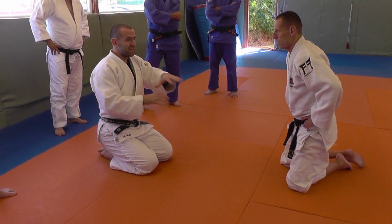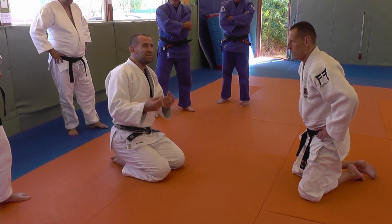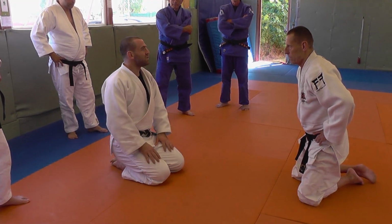So by doing little exercises like this, where you play a role and you know what the other person's doing, but you build up a little bit of resistance, a little bit of a feeling for the movement, hopefully you should transfer to randori and then competition much easier. So,